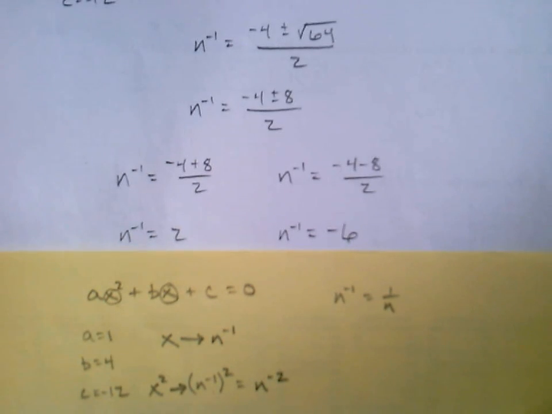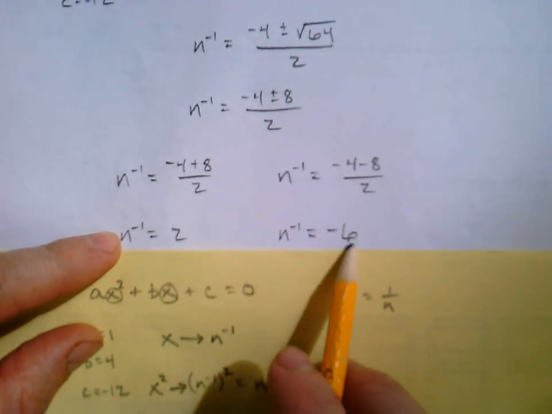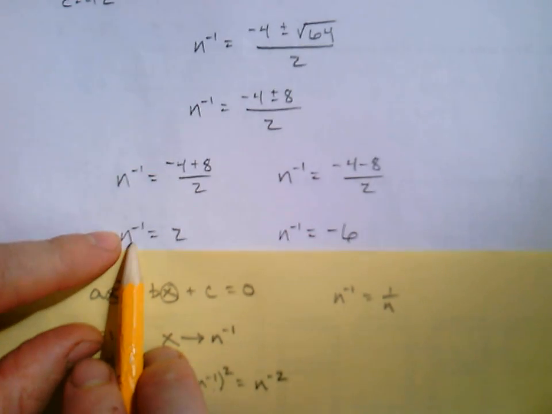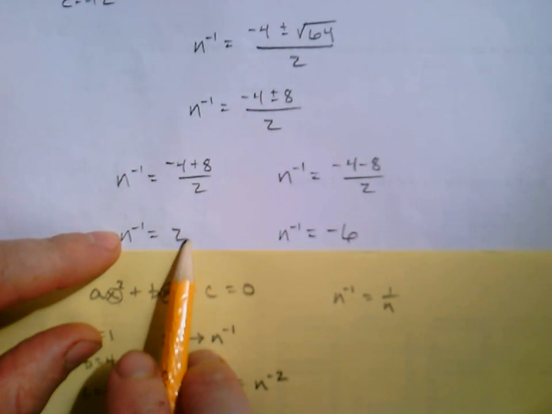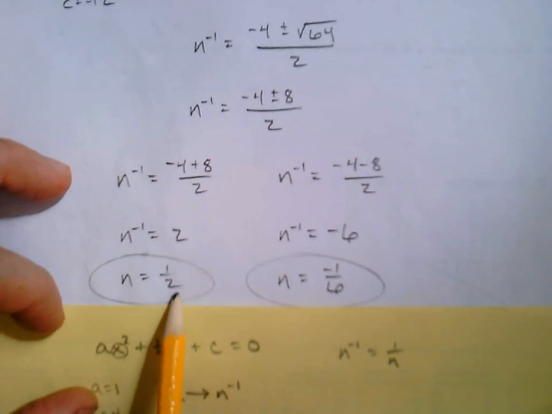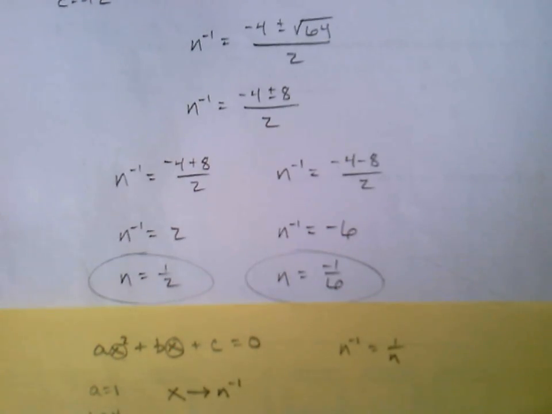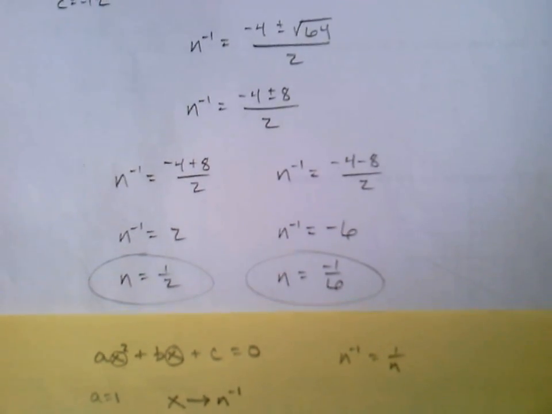It flips it. So we could take the reciprocal of both sides. The reciprocal of this is n, and the reciprocal of our numbers, well, that becomes 1/2. Here the negative just sort of tags along, but the 6 reciprocal becomes 1/6. Those are our final answers to this